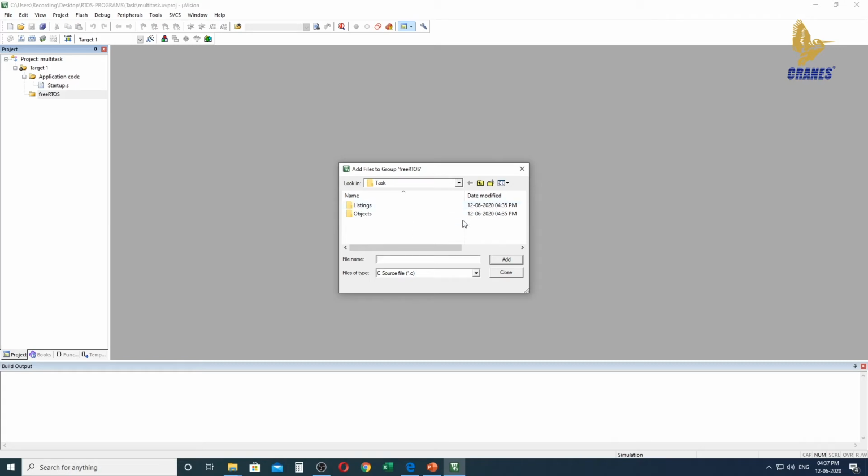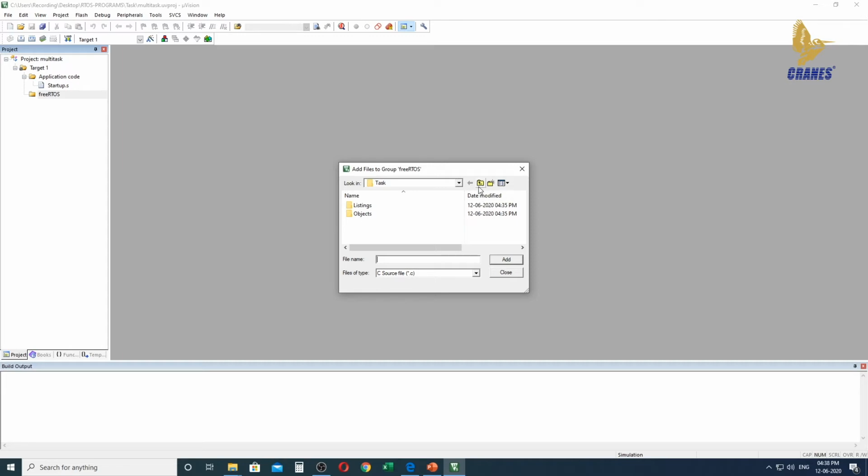Previously we extracted our FreeRTOS files to the C directory. So now we are going to get into our C directory, and under that C we are going to select the paths. So we get back to our C drive, where we have extracted our FreeRTOS. Under that folder we are going to include a few files so that we can make our minimal configuration for FreeRTOS.